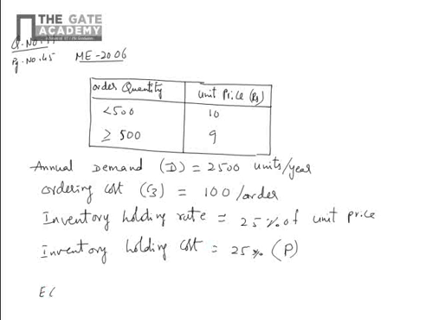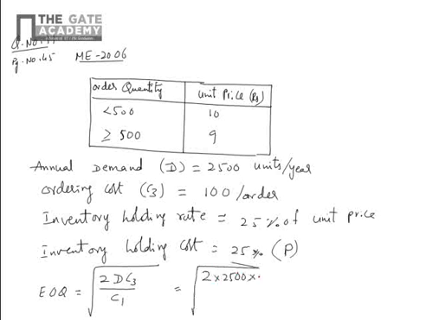So economic order quantity EOQ equals square root of 2DC3 by C1, that is 2 into 2500 into 100 divided by 0.25 into 10, if you take 10. So economic order quantity for 10 you will get